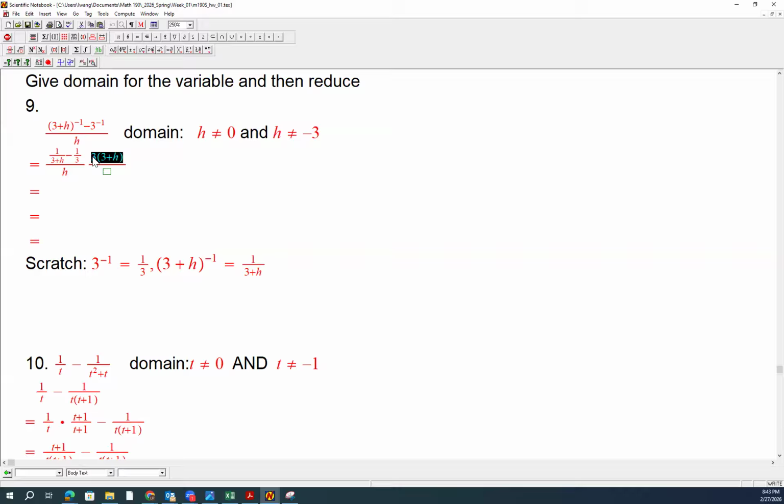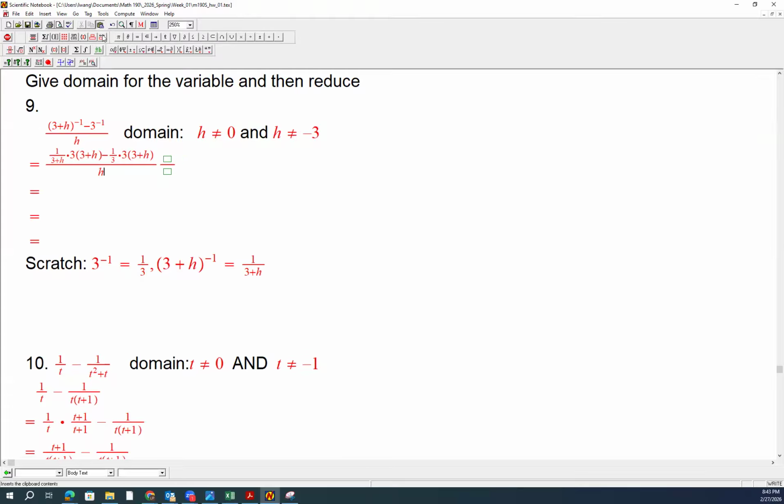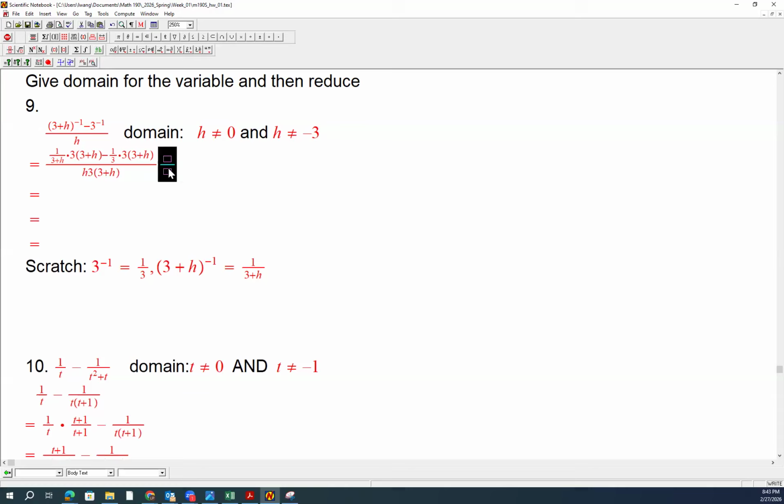And to validate the equal sign, we're going to write 3 times 3 plus h in the denominator. So take this numerator, multiply the first one, distribute it to it, and the second part, distribute it to it, okay? And take this denominator and multiply with the denominator, fraction operation. So that's why you saw the previous expression. And the next step, okay, I'm going to keep this step. The next step,